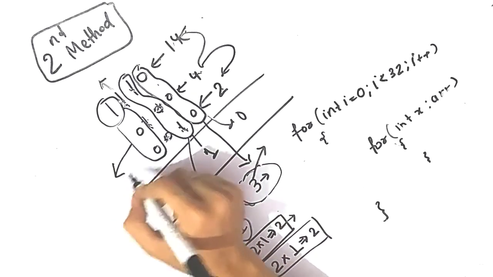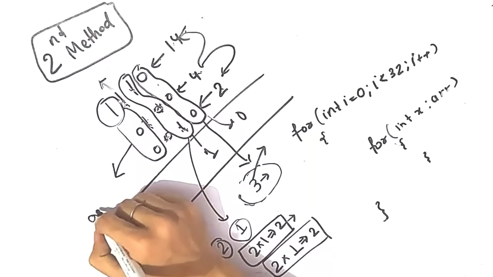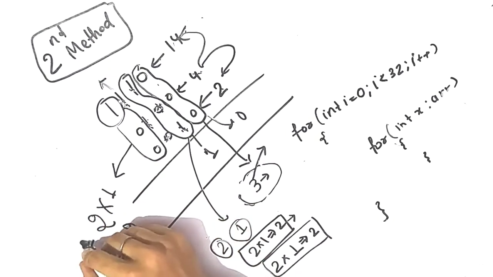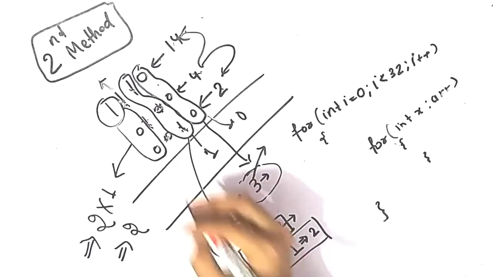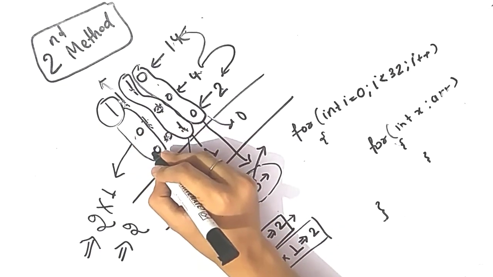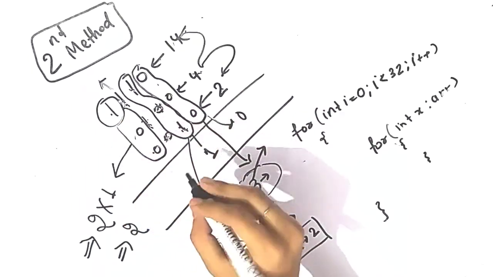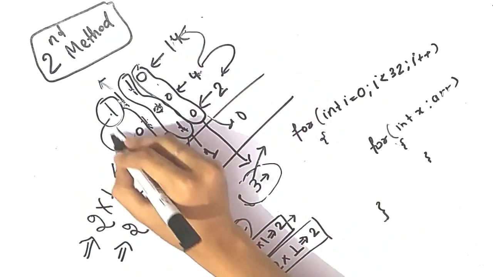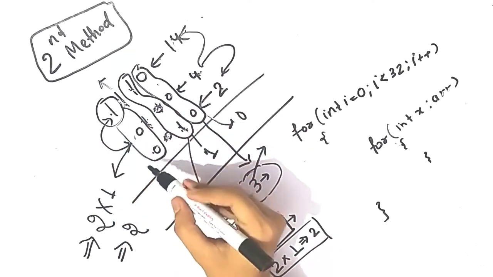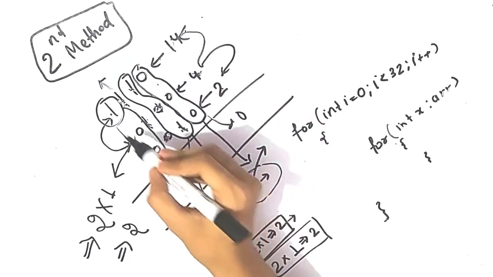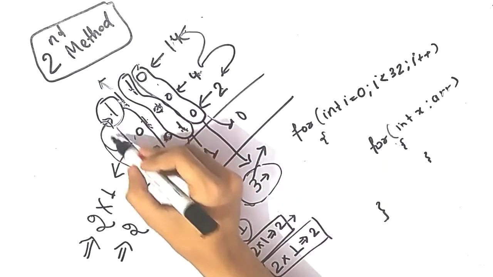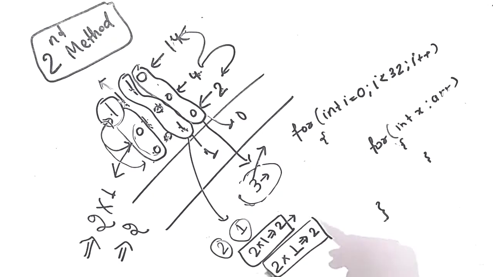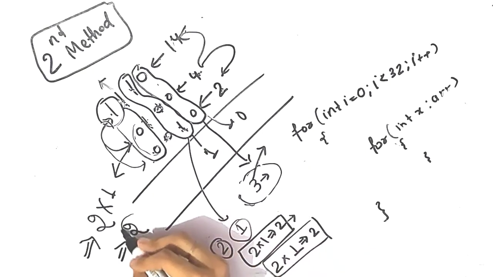Let's see this one. The total number of zeros is 2 and the number of ones is 1. So the Hamming distance will always be 2. How? As you can see, the number of zeros is 2 and the number of ones is 1. The Hamming distance between 4 and 14 will be 1, because the bits are different. Now between 14 and 2, the Hamming distance will be 1 because the bits are different. Now between 4 and 2, the bits are the same, so there will be no Hamming distance. So the answer will be 2.